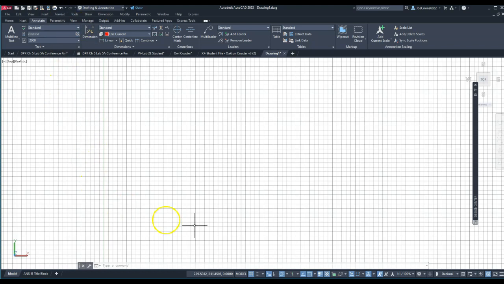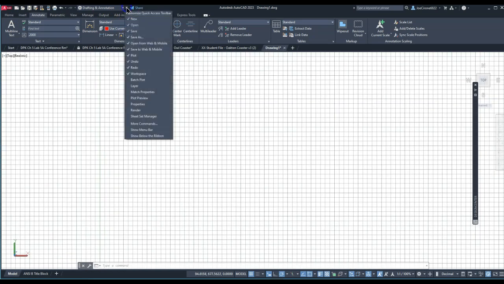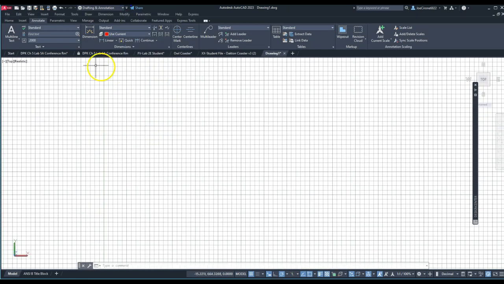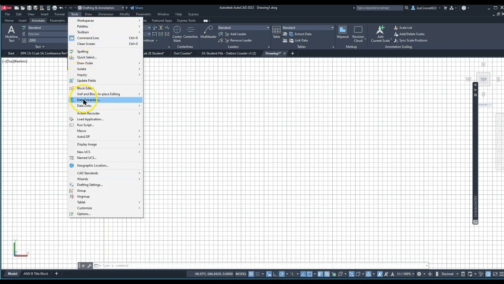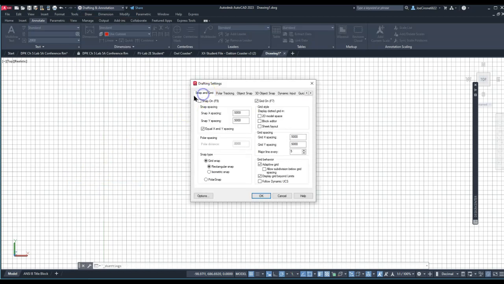And so here we are at the main interface for AutoCAD, and we have the ribbon here across the top. I can enable the menu bar by clicking on this down arrow. I can hide the menu bar. I can show the menu bar. And what I'm going to do is set up a drafting standard for snap and grid. So I'm going to turn my snap on and my grid on, and we're going to